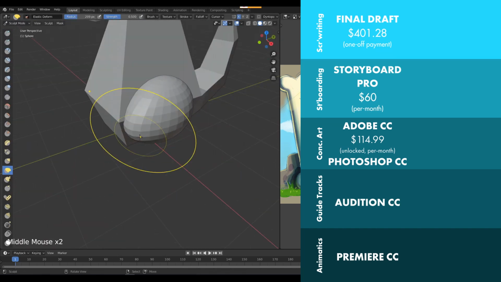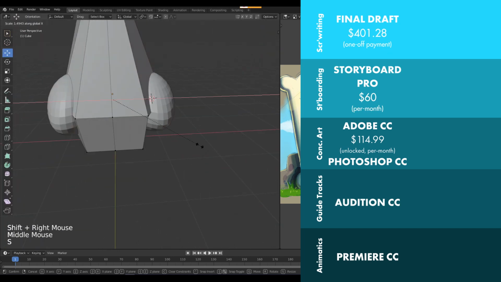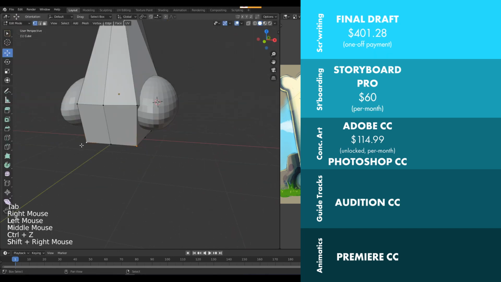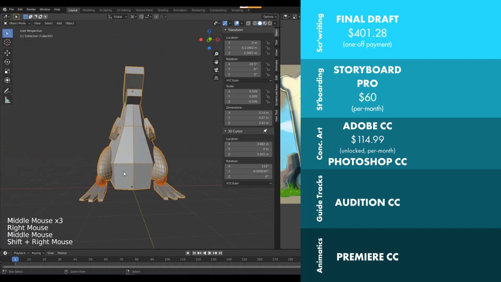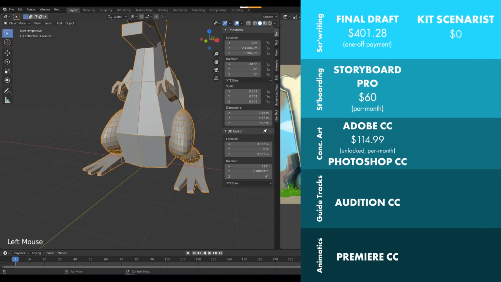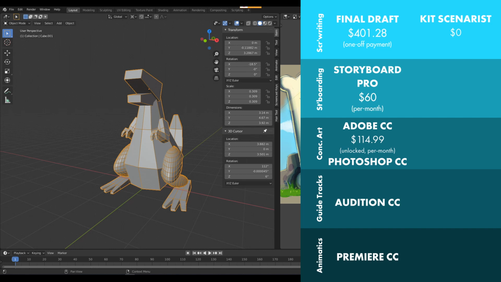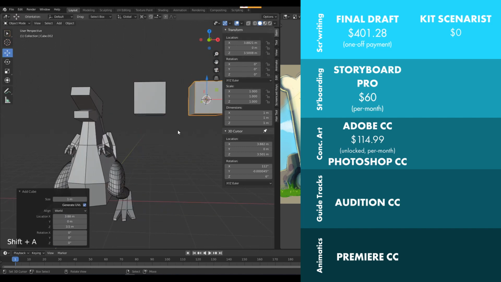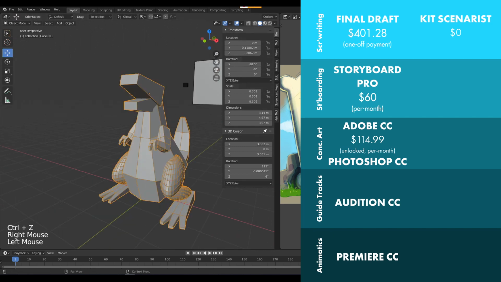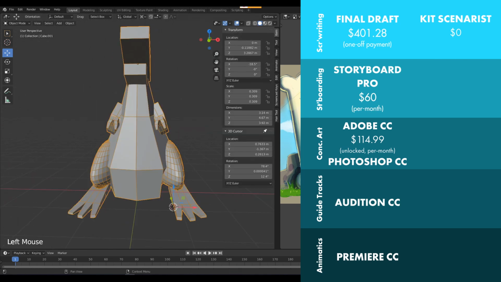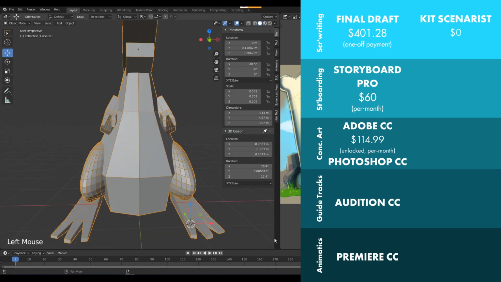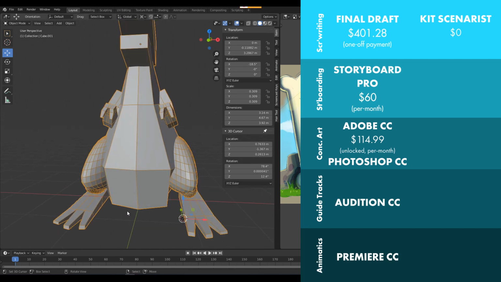So here's my alternative recommendations along with my personal thoughts about these particular softwares. For screenwriting, I recommend Kit Scenarist. It is $0. At the moment, it is open source, and comparing with Final Draft, it is literally the same thing, except it's not $400.